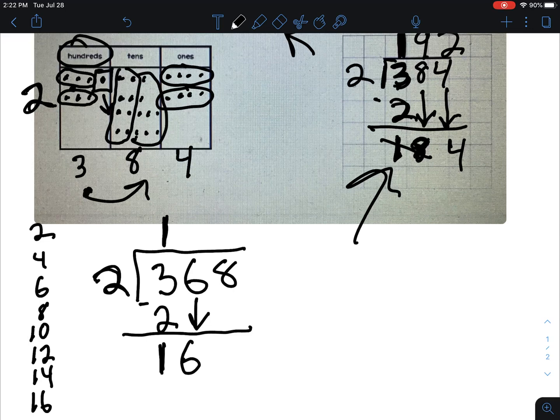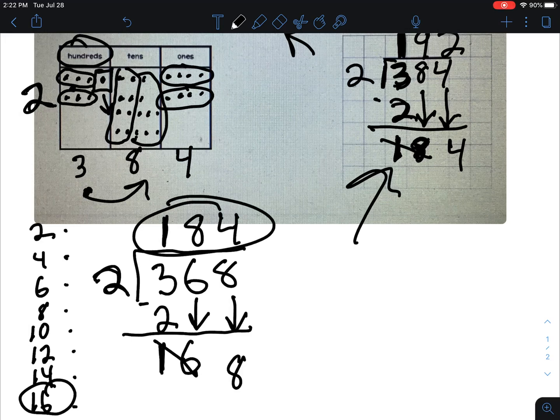2, 4, 6, 8, 10, 12, 14, 16. So I count how many 2's. 1, 2, 3, 4, 5, 6, 7, 8. 8 2's gets me right to 16, right? So I don't have a remainder. And I bring down my last digit. How many 2's go into 8? The answer is 4. So if you got 184 using the algorithm,